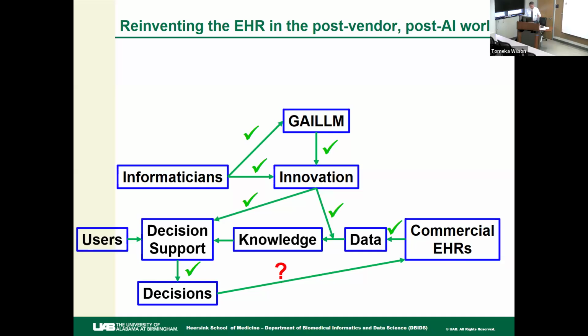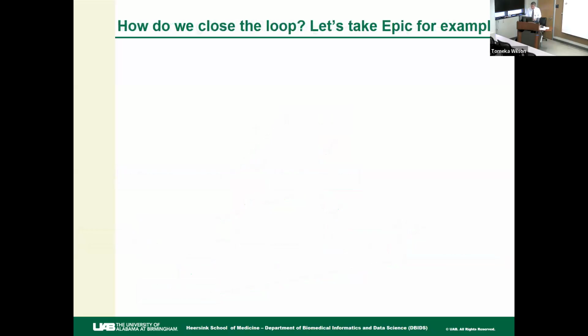All right, now the question will be, what do we do here? So that's still the problem. We've got this EHR, it's a closed system, the vendors don't want us messing around with their code. We have to figure out how to get things back into the record, and there are ways to do that. Okay, so we can take Epic, for example. I wasn't sure how to do this, so I asked ChatGPT, and it gave me a link to an Epic site that told me exactly how to do all this stuff.